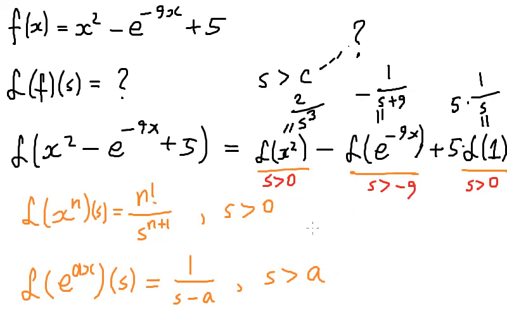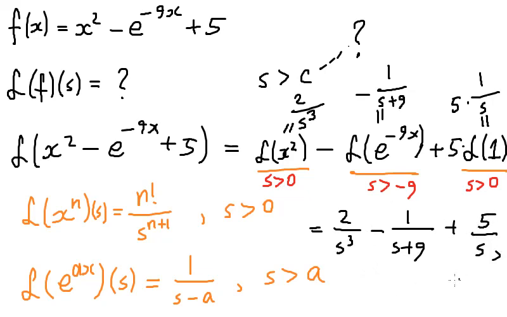Now, in order for the whole expression to be defined, we want each of its parts to be defined. So what we want to do is to take all the common s's to all the terms. So we want to intersect the domains, in other words. And so taking all the s's that are simultaneously bigger than 0 and bigger than minus 9, we will end up with all the s's that are bigger than 0. So then the answer will be that this thing is equal to 2 over s cubed minus 1 over s plus 9 plus 5 over s, with s